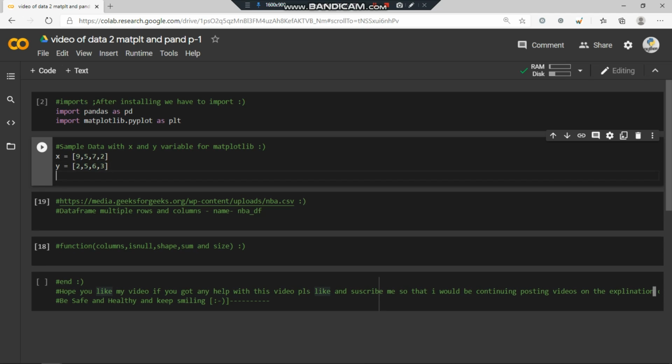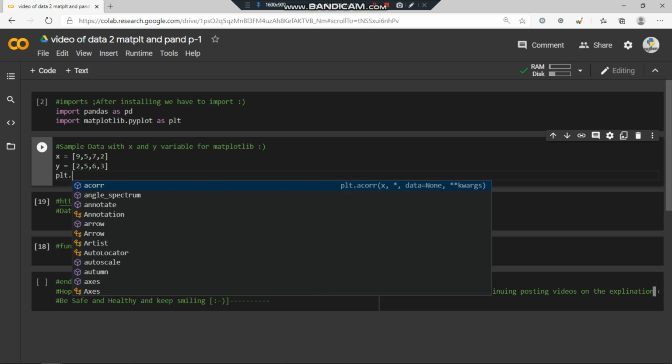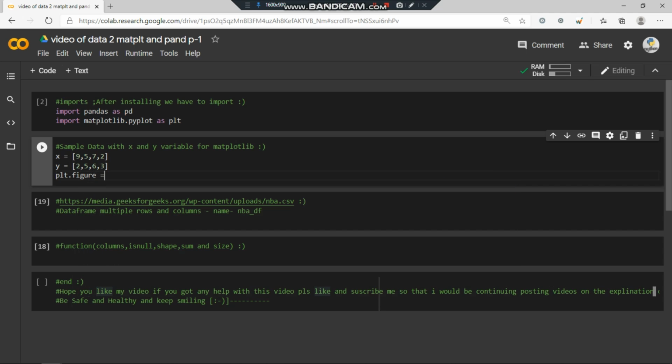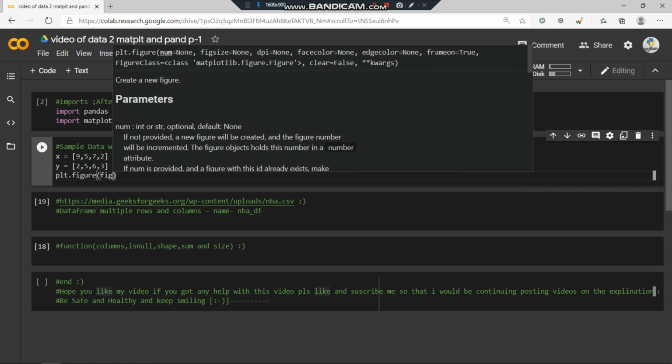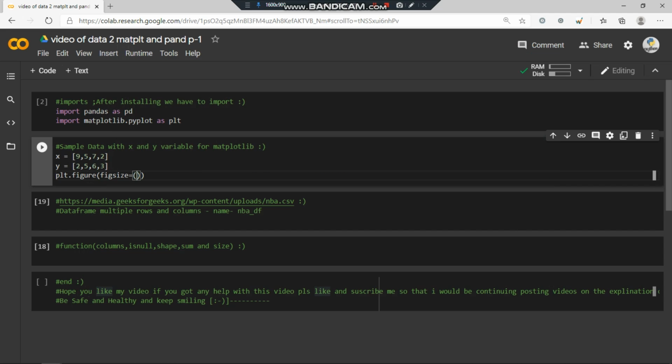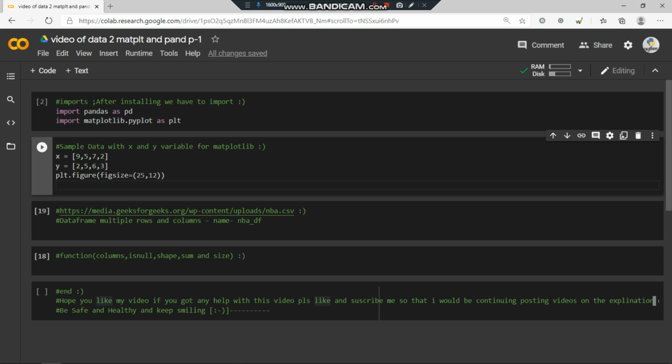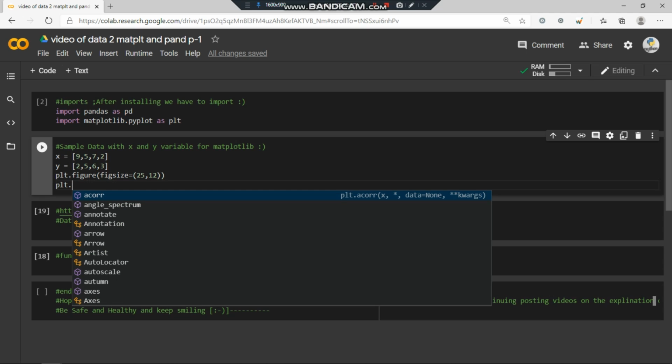Not more, nor less. So now plt.figure, we are going to give it a figure size, specifying what the size of the chart should be. The width could be higher, but the length should not be more than 1/4 of the height. I can give it as 12. So 12 would give a better experience, or a better way of showing the chart. And now with plt I have to make the line plot.